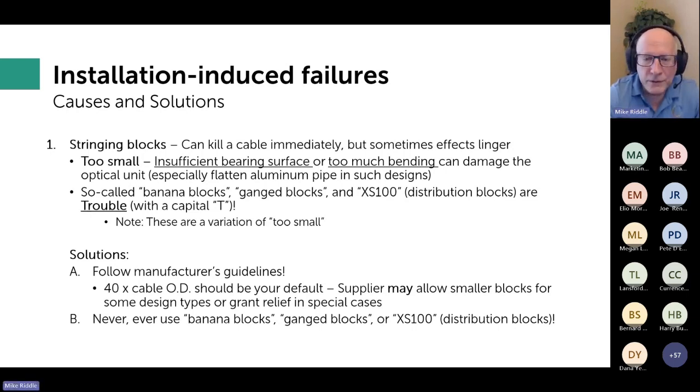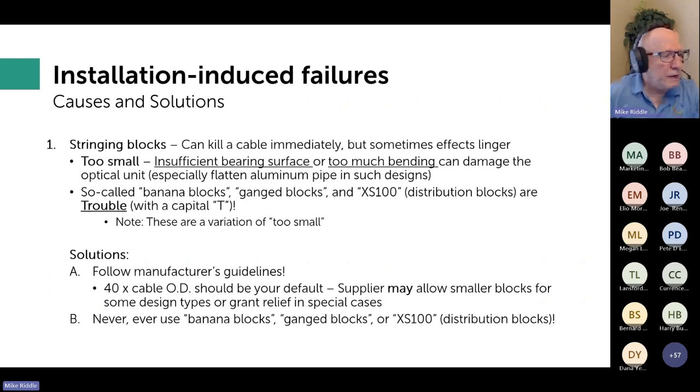And I do have to alert you that even this 40 times diameter, there are some cables and some manufacturers that may require you to use something larger. By the way, I represent NCAB on the IEEE Fiber Optic Subcommittee, and block size has been discussed a lot. And there are suppliers on the committee who make the case that sometimes you need even 60 times diameter. But those tend to be very large cables for very special situations. So I do fall back on, especially for US utilities, that 40 times diameter is a good starting point.